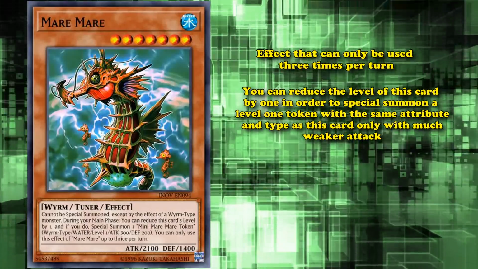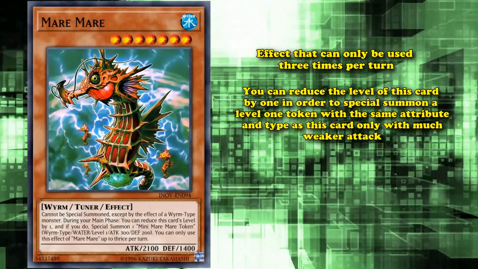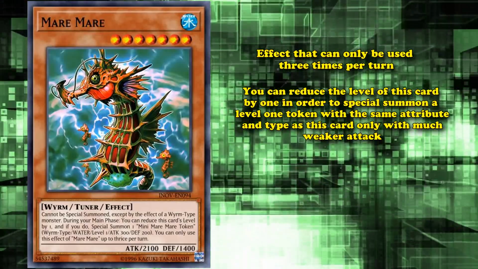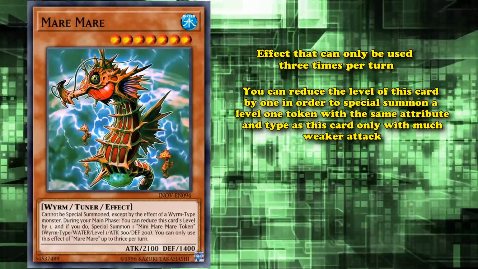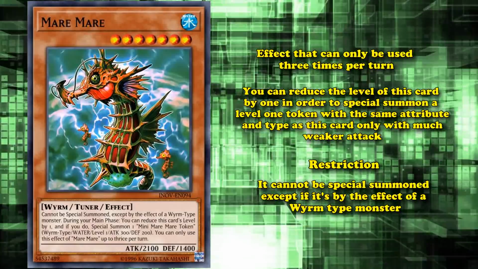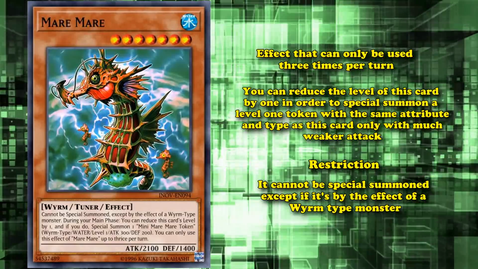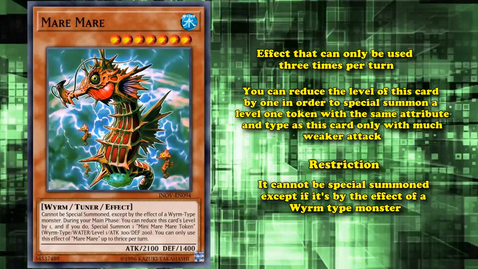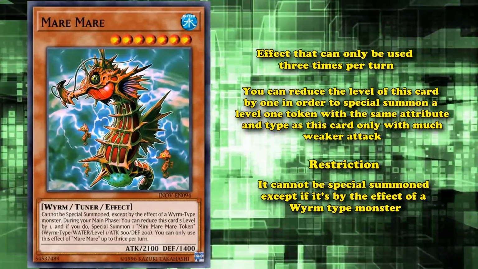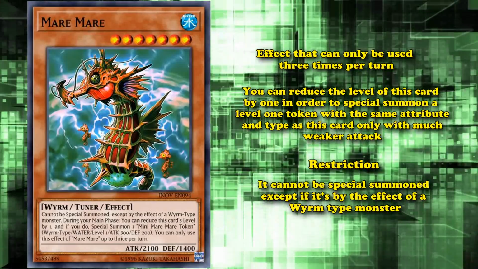But usually people only use the first 3 times, and then rarely does this card survive to the next turn in order to use its effect again. Now, since this card can summon 3 tokens pretty quickly, it has a restriction on it where it cannot be special summoned, except if it's by the effect of a worm-type monster. And seeing as this card is a tuner, you can just use its tokens in order to go into easy